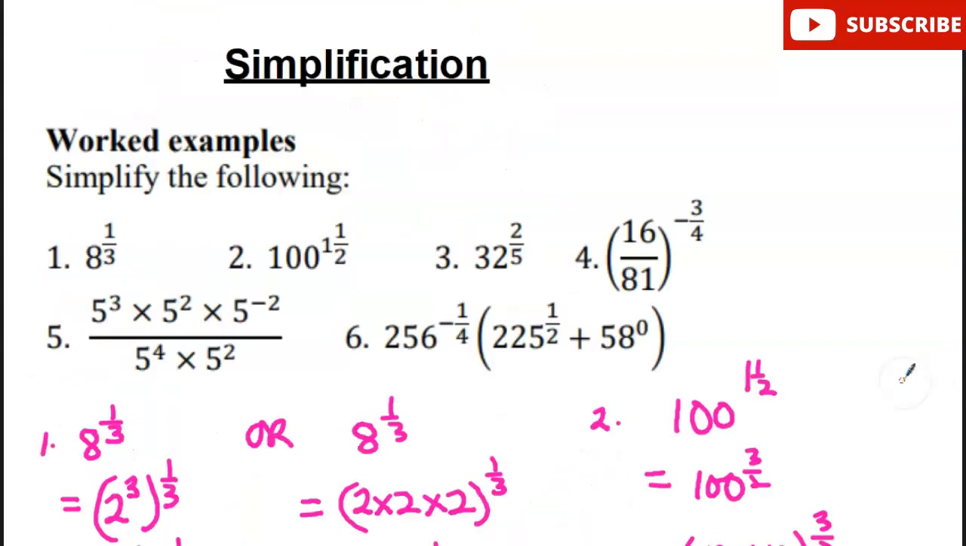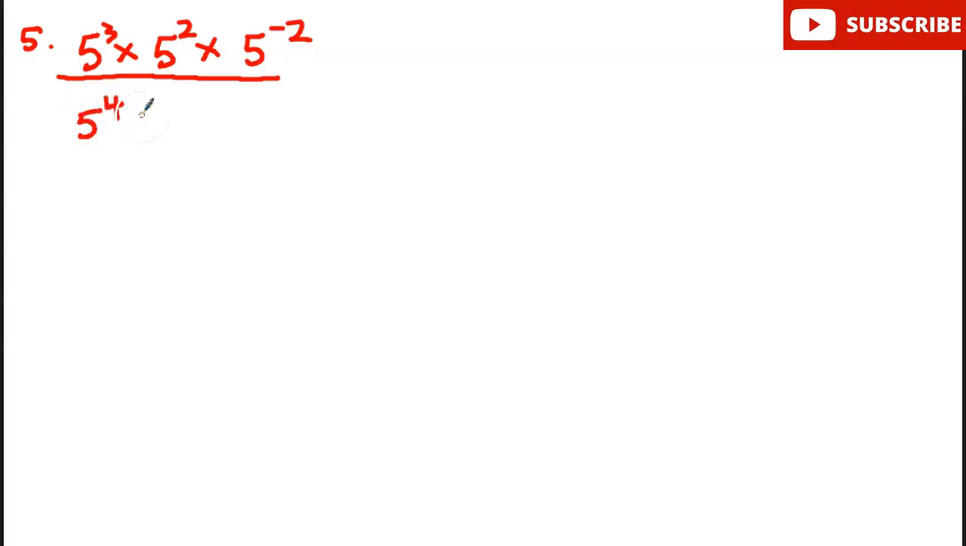Let's look at the next one. So the next question, question 5, is 5 to the power 3 times 5 to the power 2 times 5 to the power minus 2, over 5 to the power 4 times 5 to the power 2. Okay, so let's look at the numerator. The bases are the same, 5, 5, 5, and they are multiplying. So one of the laws says when they are multiplying, you add the exponent. So 5 to the power 3 plus 2 plus minus 2